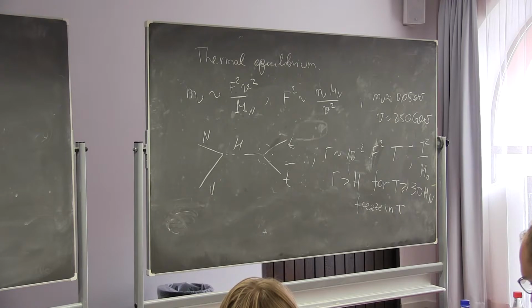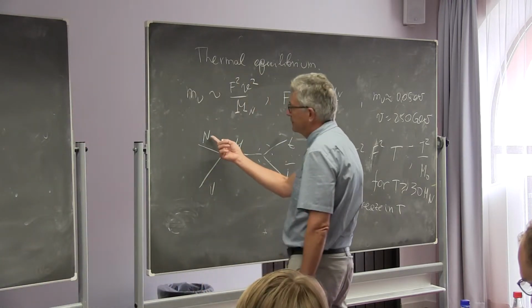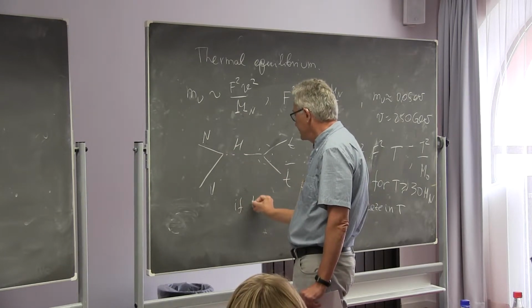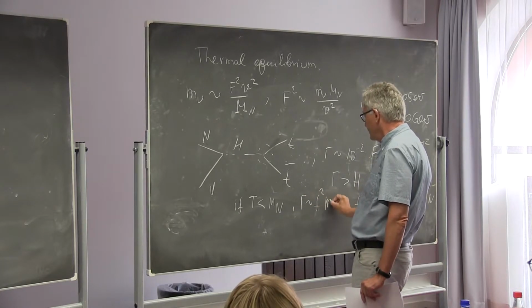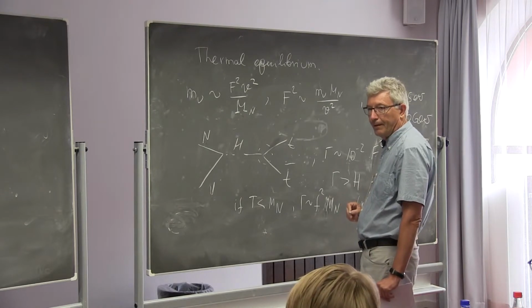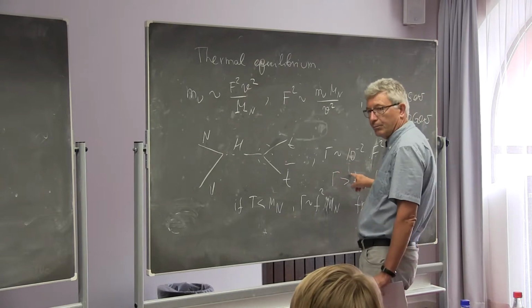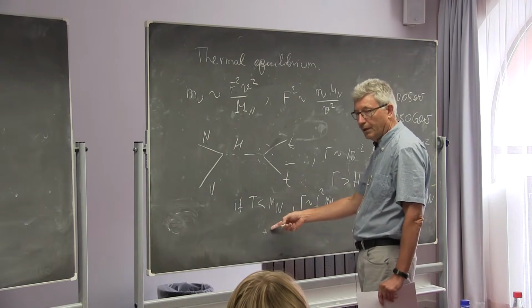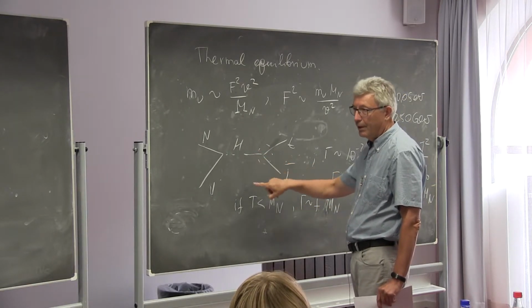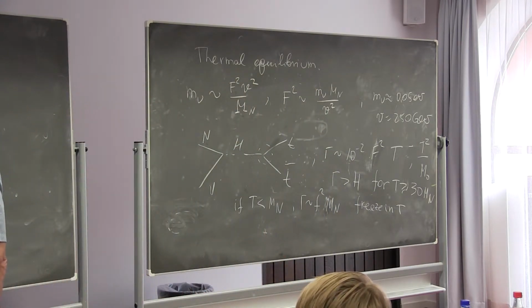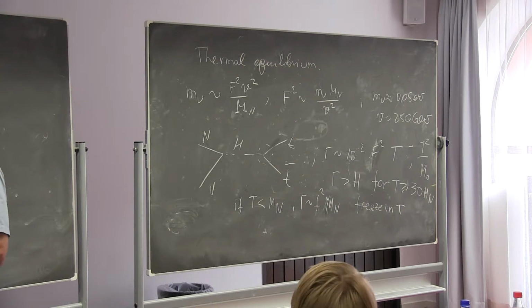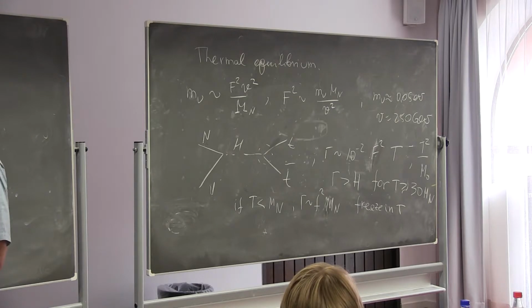If you consider the decay of N into this thing, if T is smaller than M_N, then the rate of this process, gamma, will be of the order of Yukawa squared times the mass of N. And here I was discussing the case where the temperature is larger than M_N. So this process of decay will be less fast than this one. And the inverse decay of that falls into another category which is associated with the freeze-out temperature. In order to see in more detail what's happening, you have to take into account all possible processes, look at their rates, compare these rates with the rate of universe expansion, but you will get roughly, within a factor of order one,